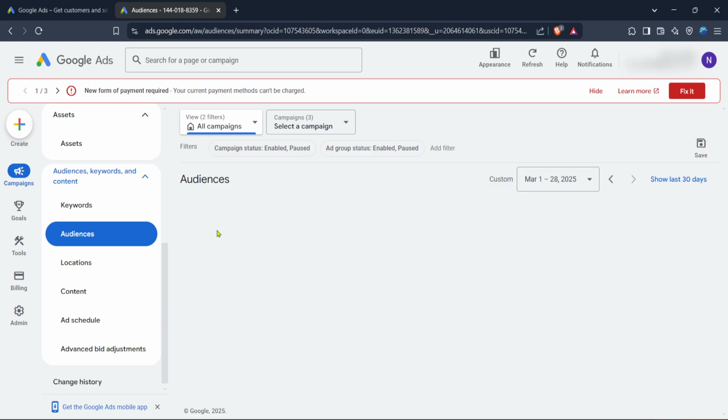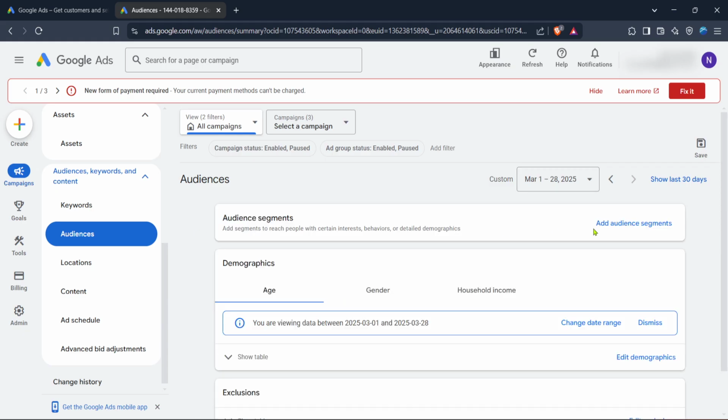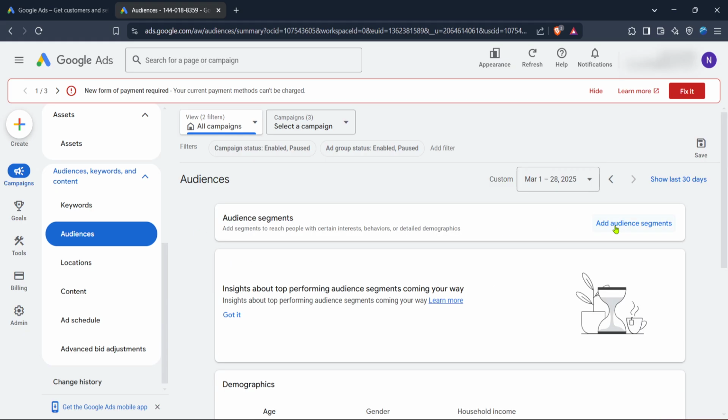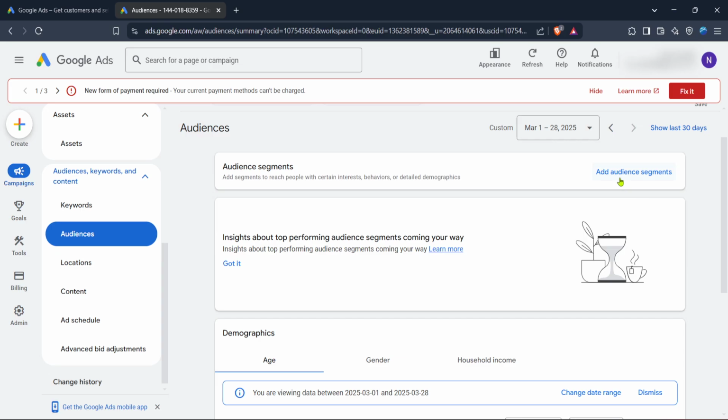To create a new custom segment, you'll want to find the button that says Add Audience Segments. Clicking on this will allow you to start crafting a new segment specifically tailored to the type of customers you wish to reach. Now that you're in the audience creation interface, you have the power to define custom segments based